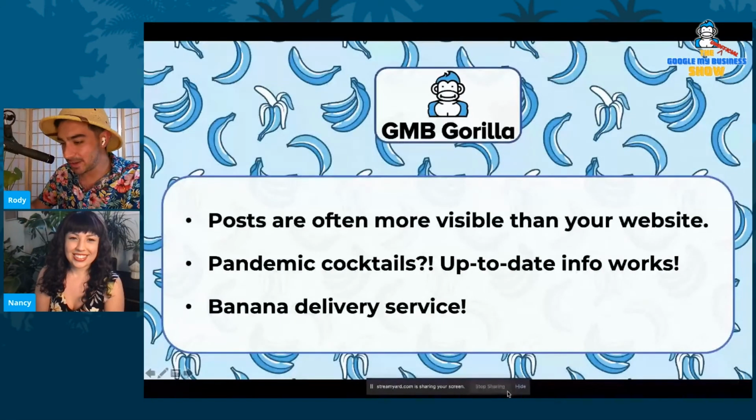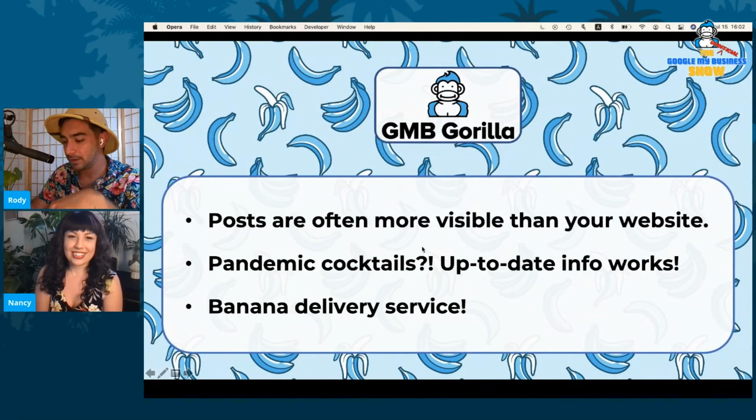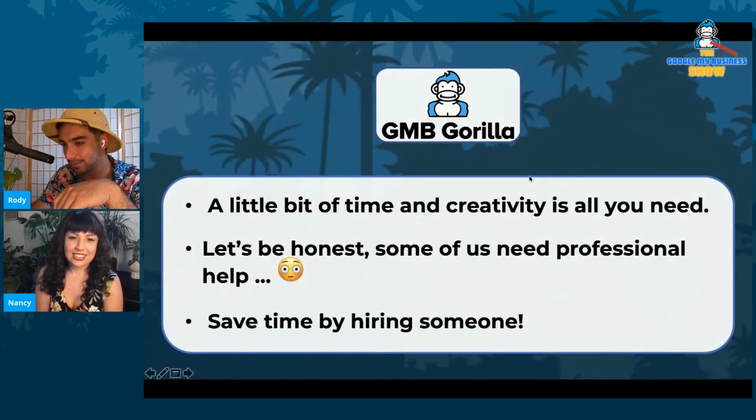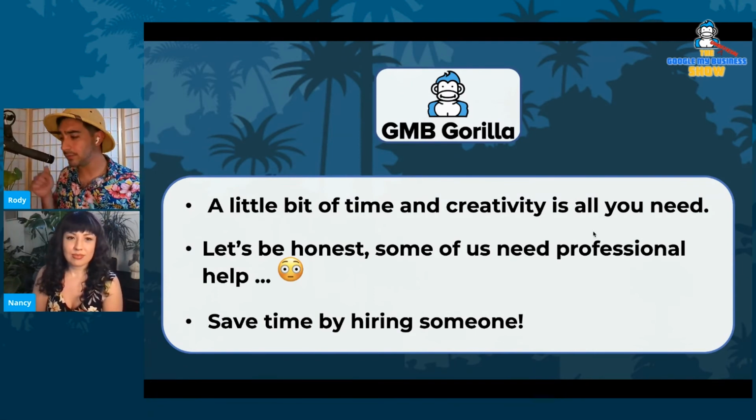Bullet point: avoid the void. Avoid the void. Ooh, right. Get it. So go to the next slide, please. All right, so a little bit of time and creativity is all you need in order to make a good post. We're going to leave the example we were telling you about, the churn ice cream example, in the description, so you can really easily see it and check it out. But get info from them.